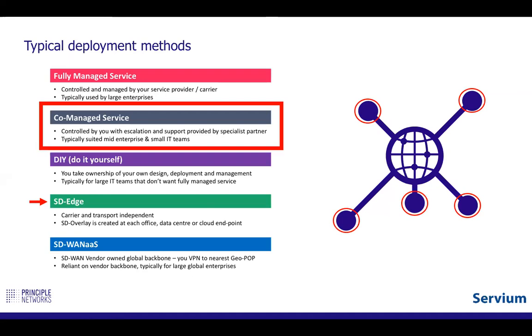And then from a deployment perspective, we've got SD Edge, which is whereby we're delivering either appliances or software appliances to the edge of the network. So in the data center, at head office, in the branch, and delivering an overlay technology over that network connectivity. Or we have software-defined WAN as a service, which is typically aimed at larger global organizations that have multiple sites over different continents. And that's where you tie yourself into or make use of the software-defined wide area network vendors' global